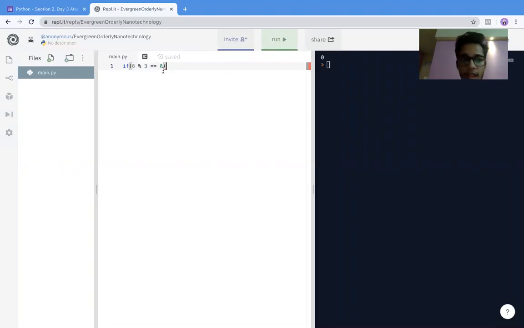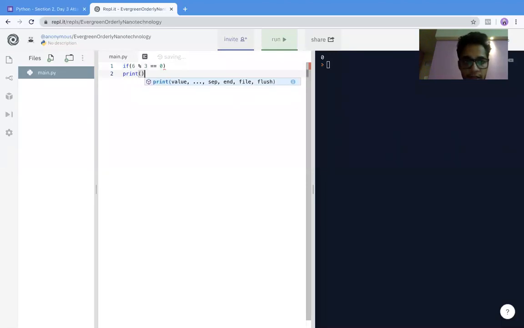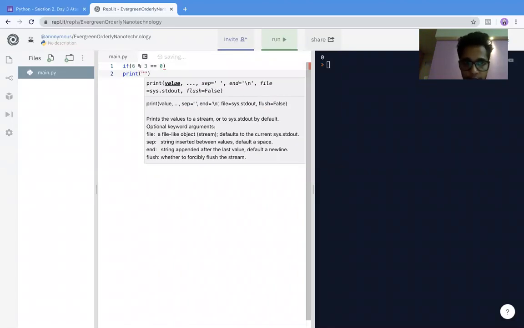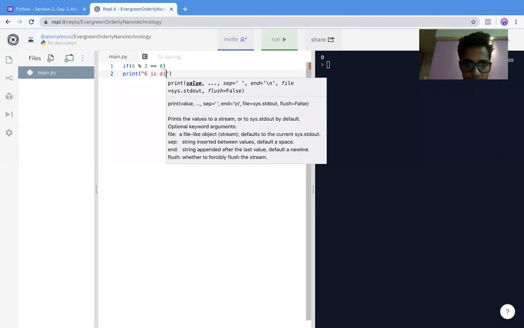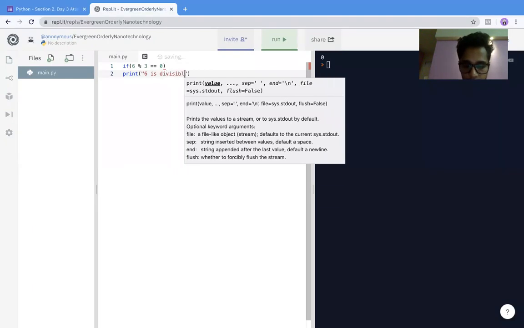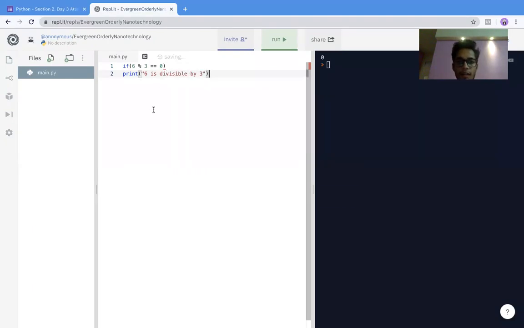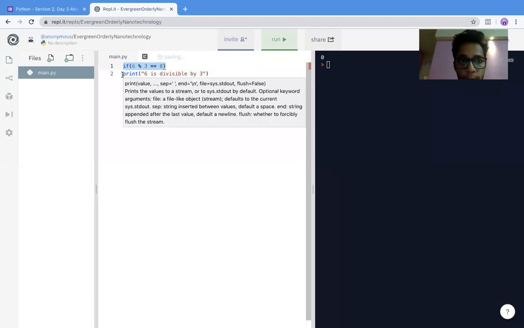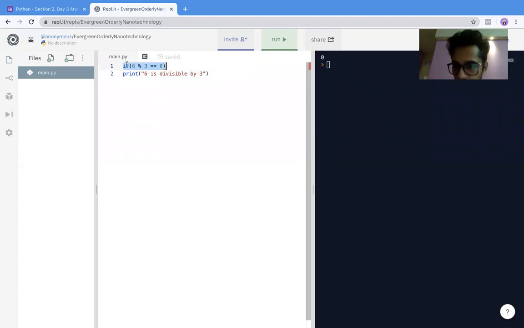Now this then part, then we have to print whether it is, let's say, divisible or not divisible or something like that. So now we could go to the new line and say print, print 6 is divisible by 3. Now have a look here. Isn't this print statement dependent on the if statement? It is not an independent statement here. We don't want print separate from our if, right?